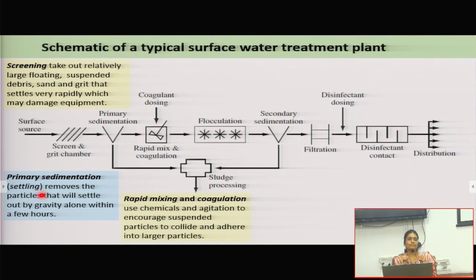So precisely what I mean is if we have any colloidal particles, which usually happens for river water, it is very, very challenging to allow them to settle in a primary settling tank. If you give it enough detention time, let's say 24 hours, chances are it might settle down, but we don't have that luxury. So what we do is add a coagulant and allow coagulation flocculation, and then you go for a coagulant aided sedimentation.